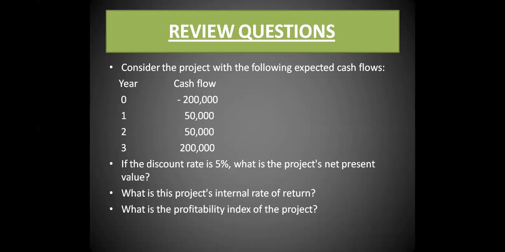The discount rate is 5%, and you have to calculate the NPV, okay, at 5%, and then you have to calculate the project's internal rate of return. Now see, when you will be calculating internal rate of return, please avoid this 5%. Okay, assume that you have been given a new question. Don't start doing it at 5%. Okay, assume it to be a totally new question. Okay, and when you will be calculating profitability index, you can use this 5%.